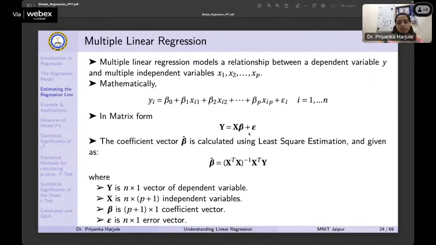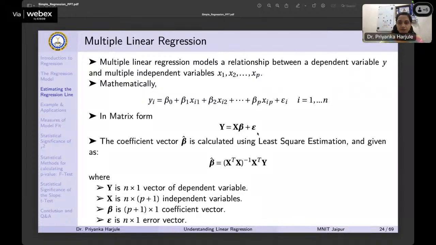epsilon. So here y is your n cross 1 vector. X is your n cross p plus 1 matrix of independent variables. Beta is your p plus 1. Why this p plus 1? Because you have that column of all ones for the intercept, and the rest are the values of x1, x2, etc. Then beta is a p plus 1 by 1 coefficient vector, and epsilon is the n